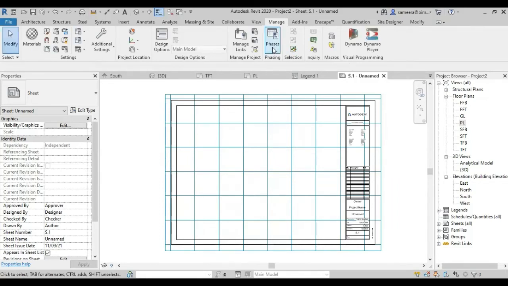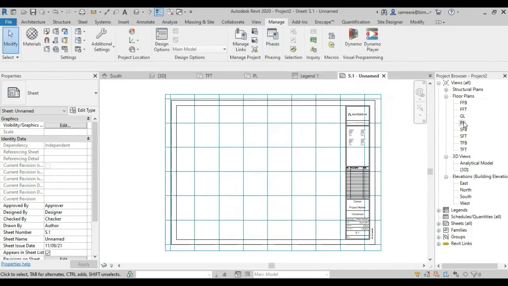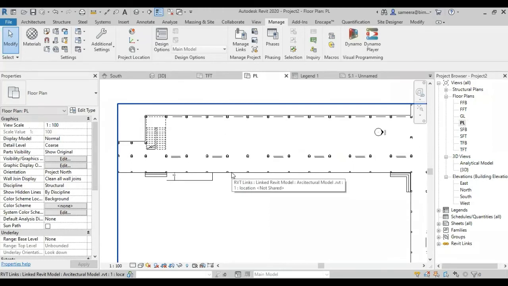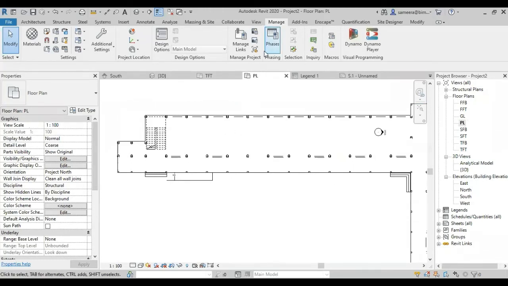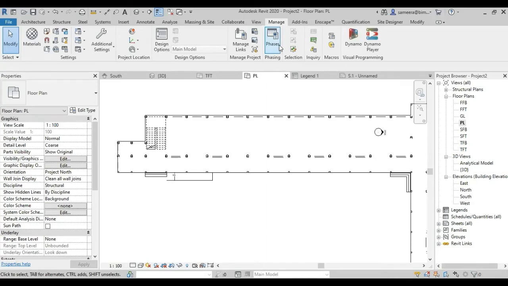Then related to phases, this is also important: how to make your building elements into different phases. The question can be to mark your building elements into the corresponding phase, or make a schedule from that. The question can be like this in any portion, but these are the different important portions that you have to keep in mind before attending an ICP exam.